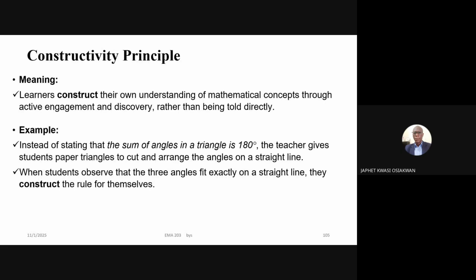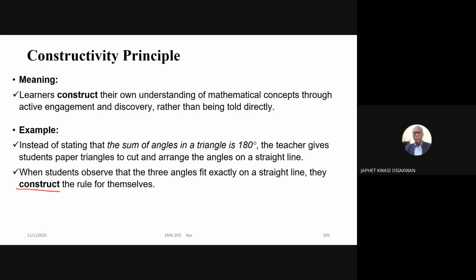So we must always use that. Must always do that. Let them construct their own knowledge. Let them construct it. Don't give it to them. They do it, and then they come out with their own conclusion. So we are saying when students observe that the three angles fit exactly on the straight line,